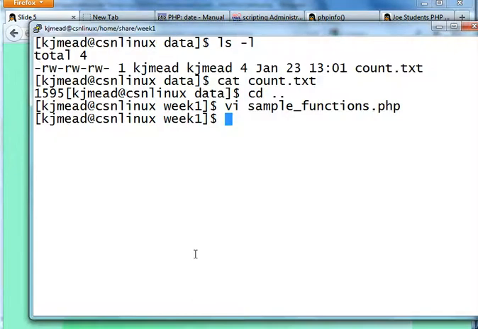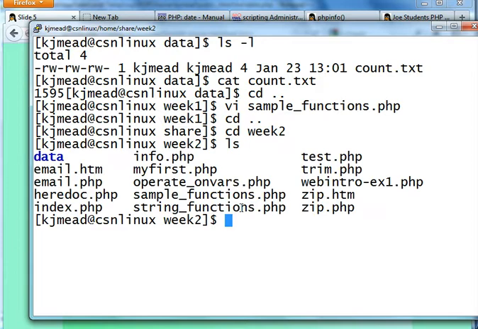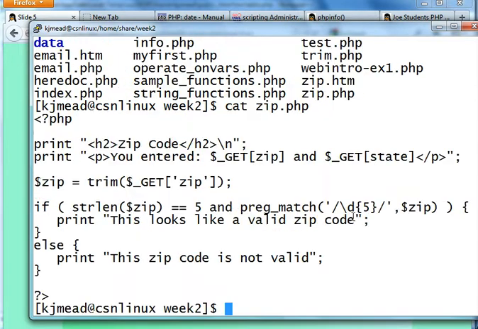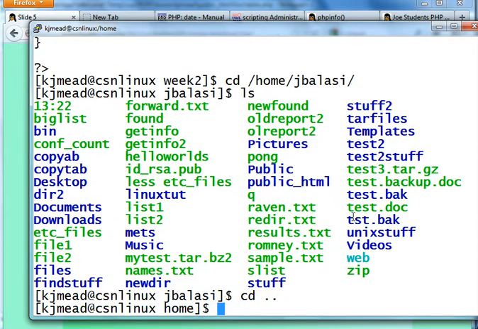I don't know, is this in, nope, is this in week 2? Yeah, zip.php. And I think that's the correct one. Oh, command line access to these, to the shared folder is under, geez, let's see. Let me go into, I might have given you a shortcut. Oh, yours has got a lot of stuff. Let's do,